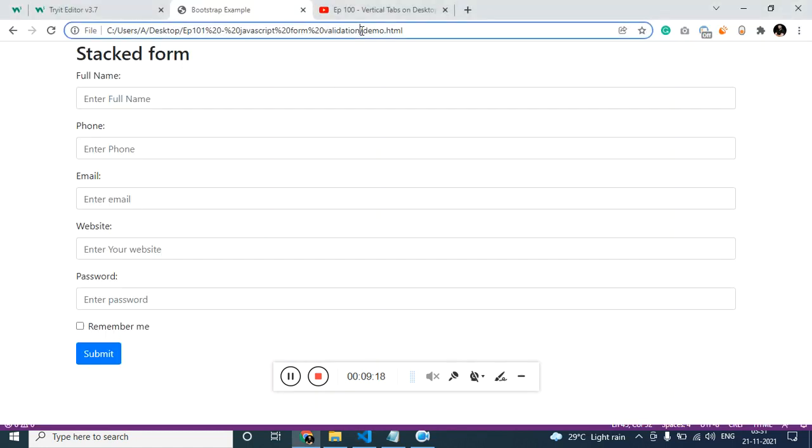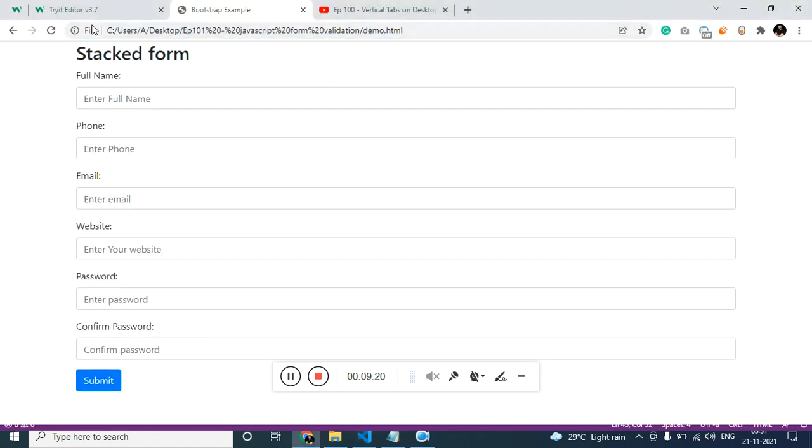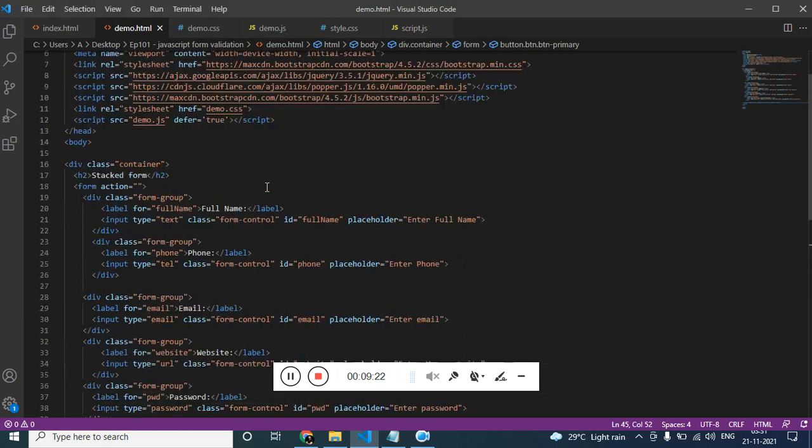Now cool, that will work. Great. Let's add the heading, episode number 101. Since it is Bootstrap, we can make this centered just by adding the class center.